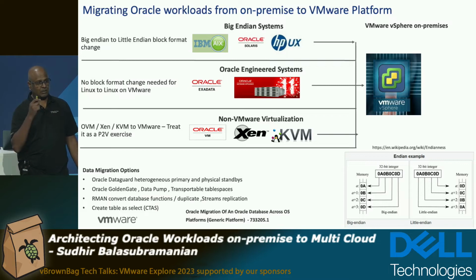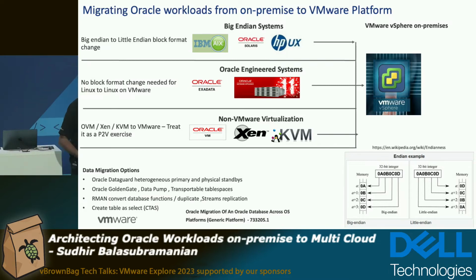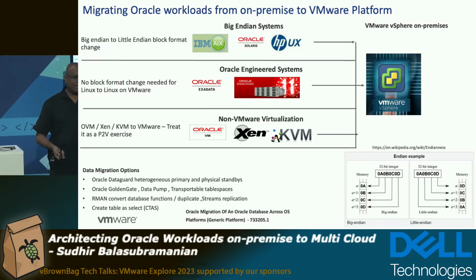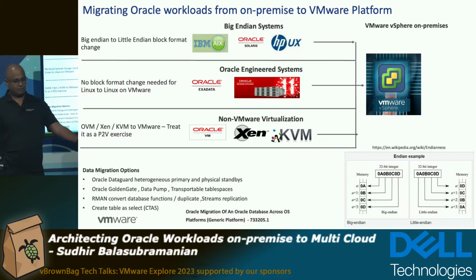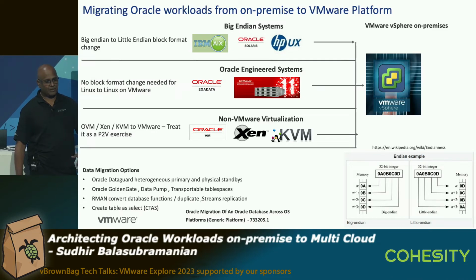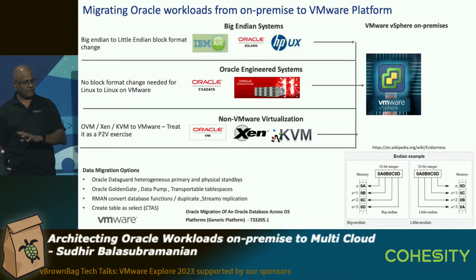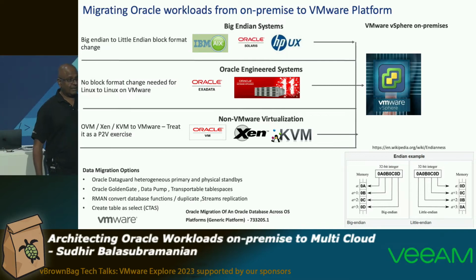You have to use the Oracle way of doing it. So it has to be the Oracle migration tools, whether that's your Data Guard, RMAN, backup restore, create table as select, pick your favorite tool. You have to do it that way, right? So what we did here, in this brief 15 minutes, we designed a virtual machine based on the current utilization of network, disk, CPU, memory, correct? We suck the data in, we put the data here, but